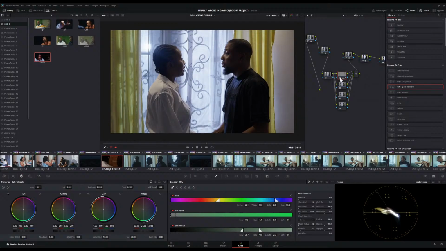Then I'll be working on the whites in general because